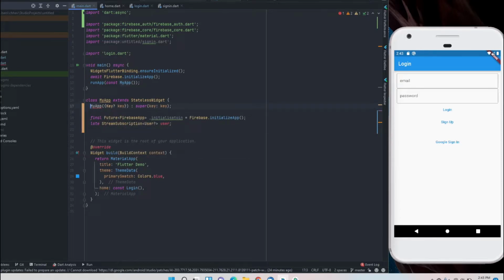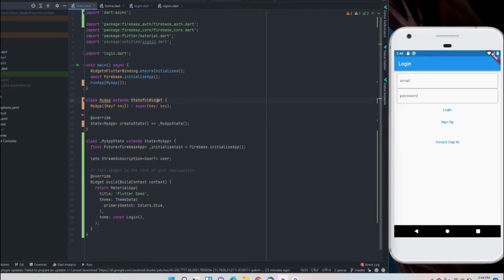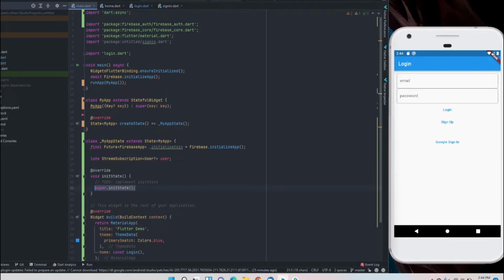We'll remove const. So now when these two are created, we will convert our class to a stateful class. Convert to stateful widget. Okay, now we'll use the init function, init state, and inside init